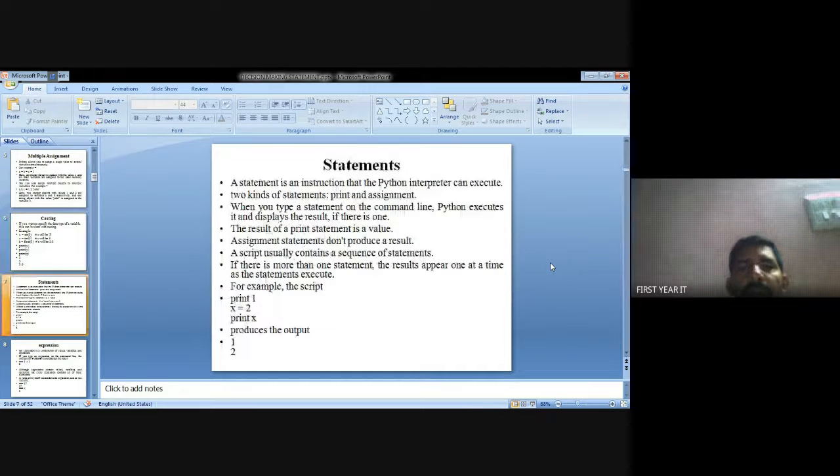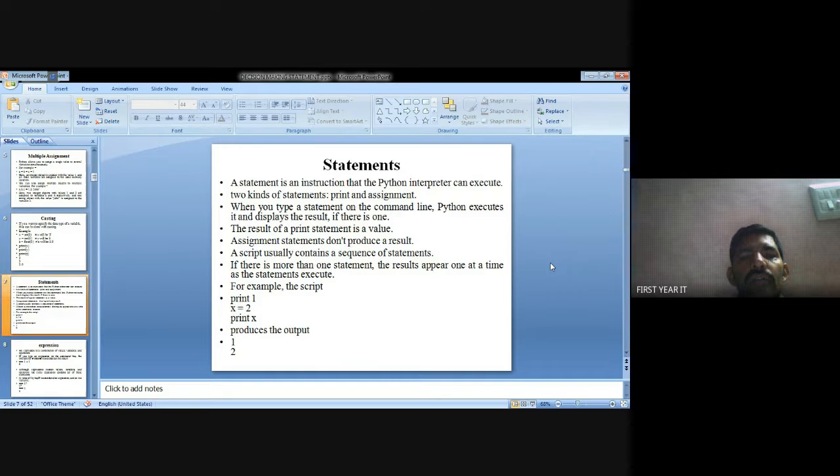This is a statement. A statement is an instruction that the Python language executes, the commands it executes. So a print statement prints the values, the result of the print statement.